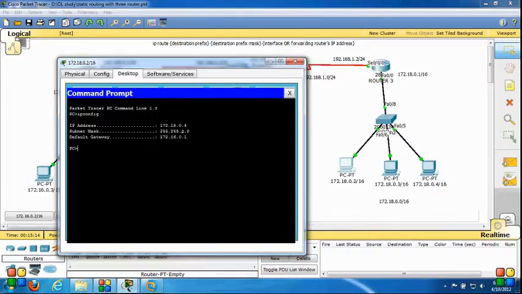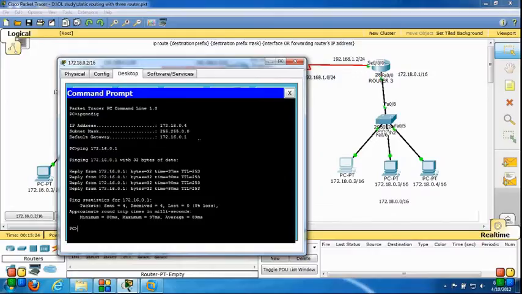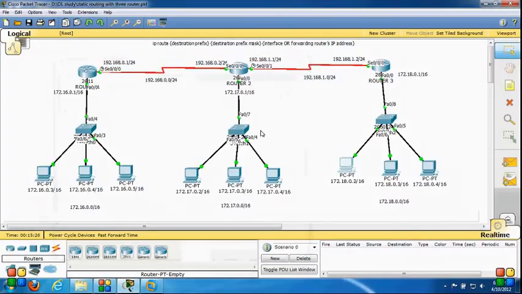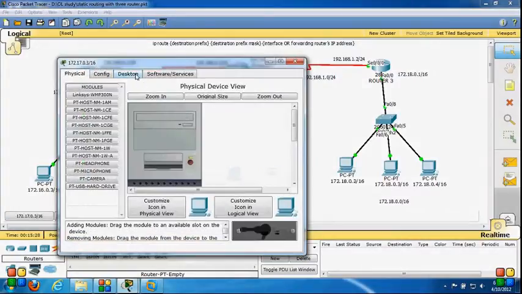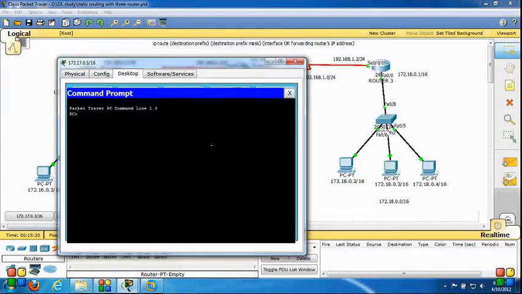My IP address is 172.18.0.4. I'm trying to connect to 172.16.0.1, and I'm getting a reply from this network. Now I can also ping from this PC to anywhere. So I can say that my static routing is successfully configured.